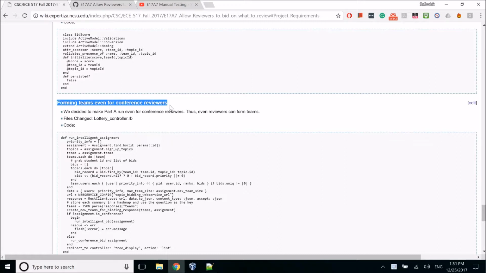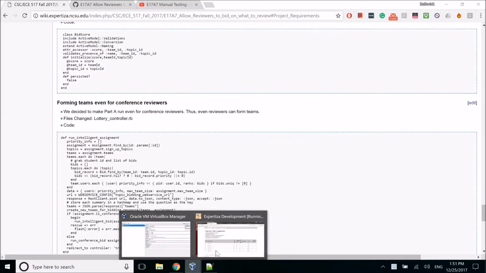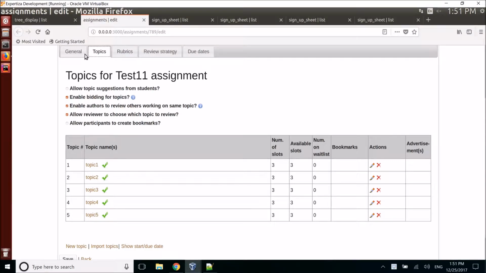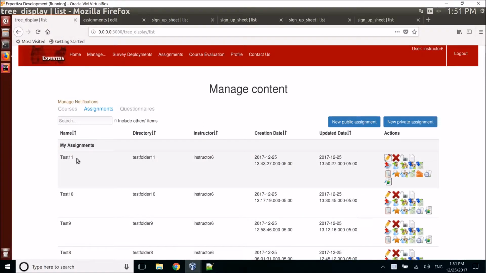Previously we assumed that team size should be 1. Now that we got the clarification, it can be of any size. We updated the code accordingly. And to show the demo of how it works, I created a test assignment 11,